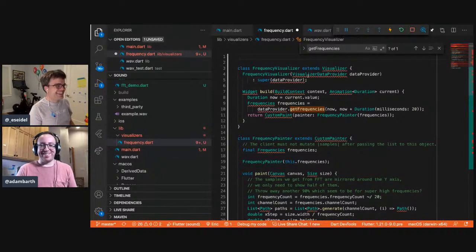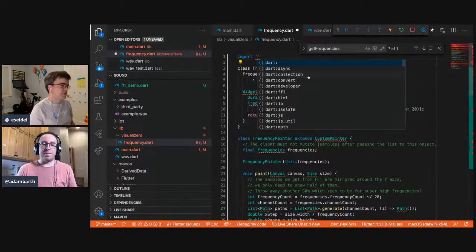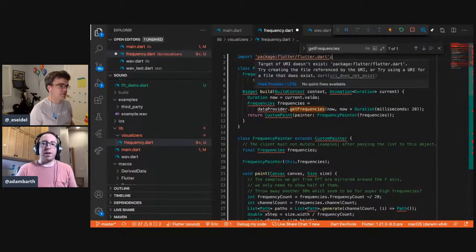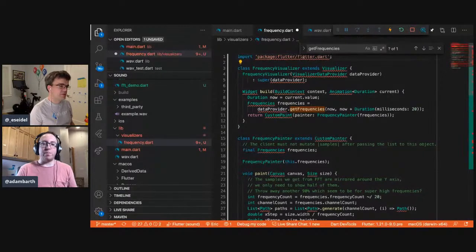Okay, so what do we import here? Obviously Flutter, package Flutter. So we can move the API declarations into their own file.